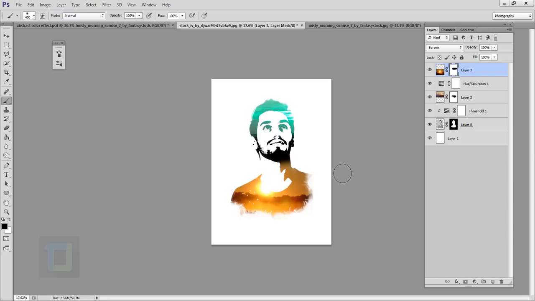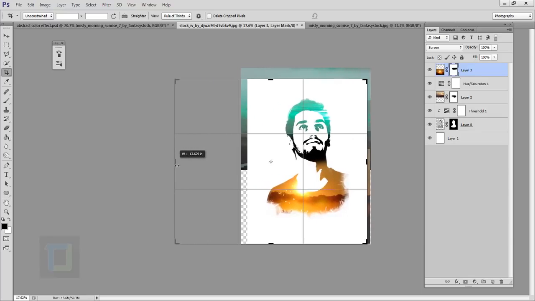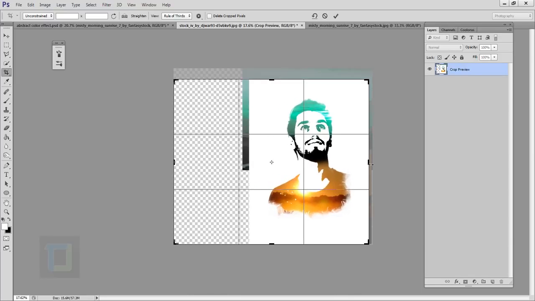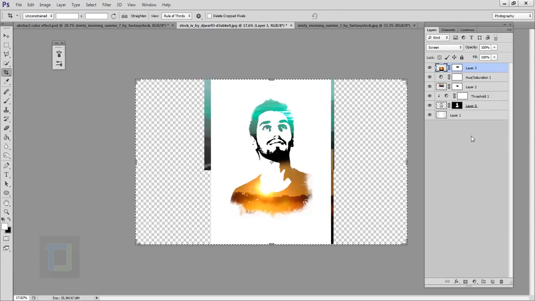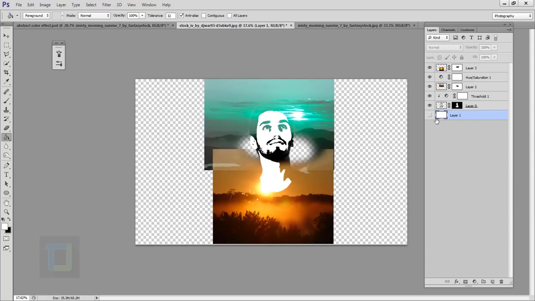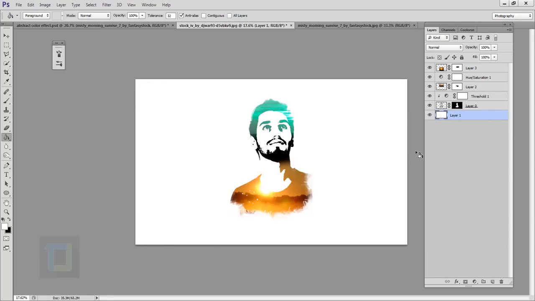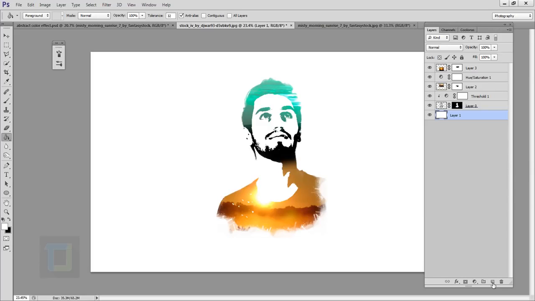And if you want to make canvas bigger like I showed in the beginning, select your crop tool like that, stretch it a little bit from this side and stretch it a little bit from this side. Confirm it. And in your background layer, go select your paint bucket tool and fill in white color again, and this way you can make this bigger canvas. Now create another blank layer on top of your white layer. See, this is the background layer, so you have to create your blank layer exactly on top of it